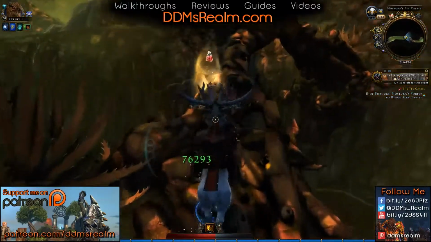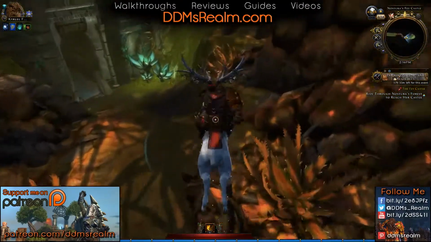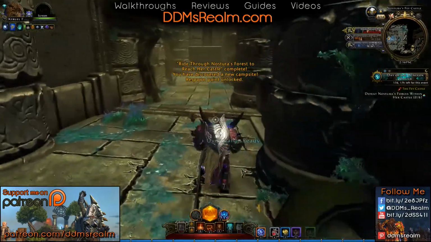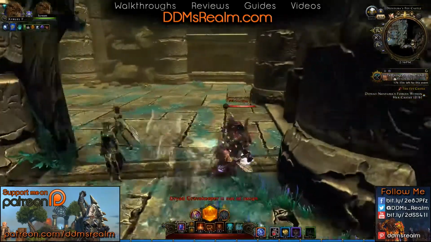So this is going to lead you up over the route, so you want to make sure you're careful running up over this route here. And that's the final little bit to get into the castle here. Then you enter her inner ruined sanctum here, which is